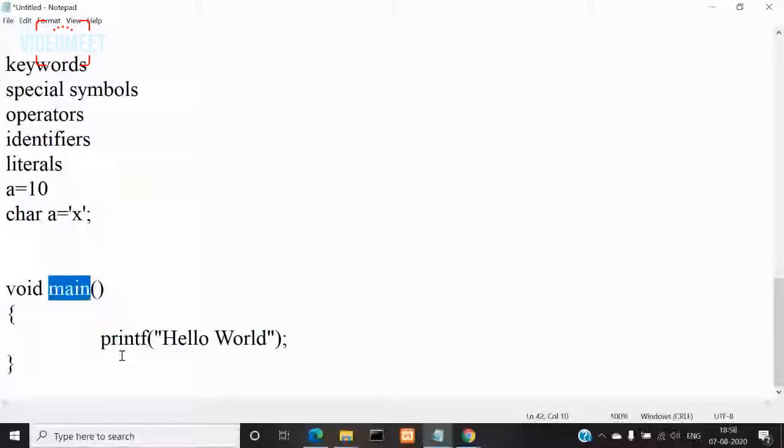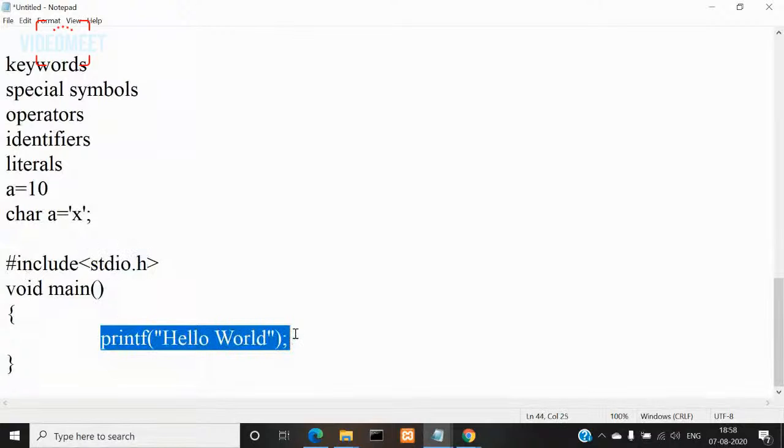If you want to make a call to this function in your C program, because printf is a predefined function, it is available in the header file stdio. So before the main function, in the header section, you have to write hash include, then the angular brackets with stdio dot h. So in this header file, we have the printf function's definition. Now if you want to make a call to it, you have to write a statement by using the syntax for